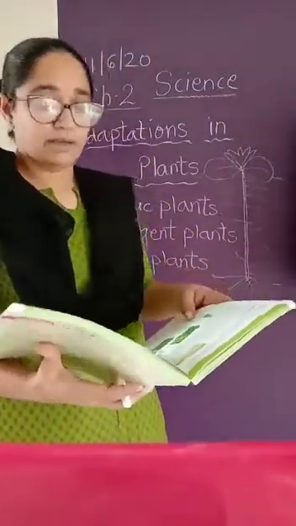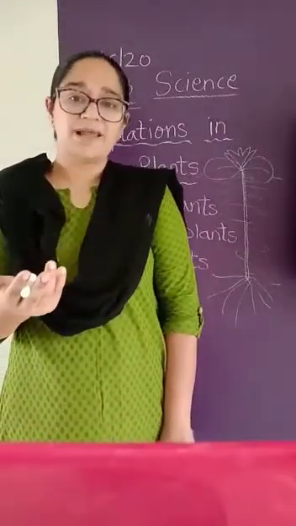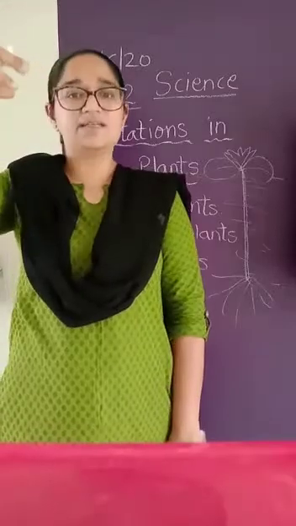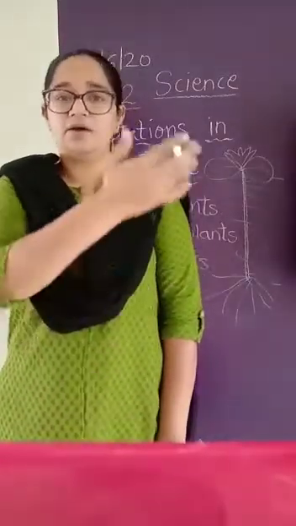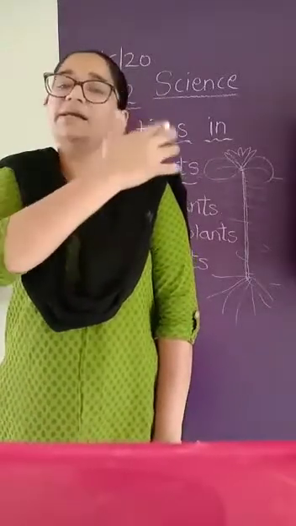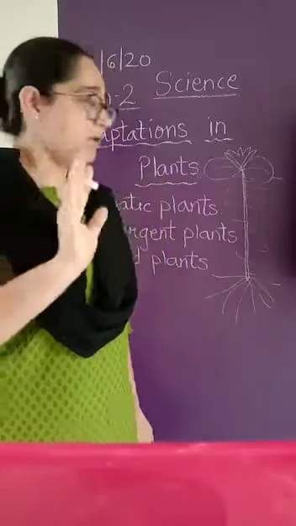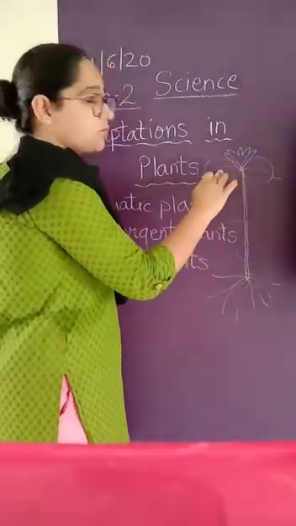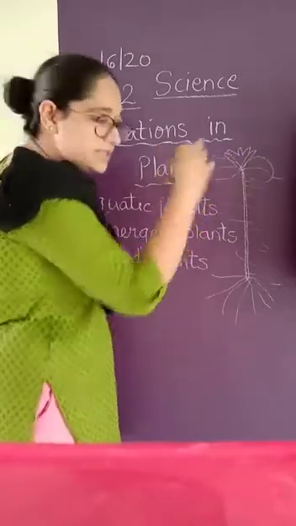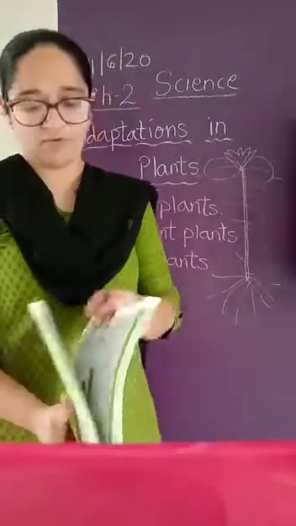So, as in your raincoats also, है ना? Your raincoats are plastic. So, even if it is raining, the water will all get away. It will not get saturated. It will not sit on that plastic. So, that is waxy. Same way the leaves are waxy here. So, even if there is water on the leaf, it will just flow down. It will get removed from the leaf.